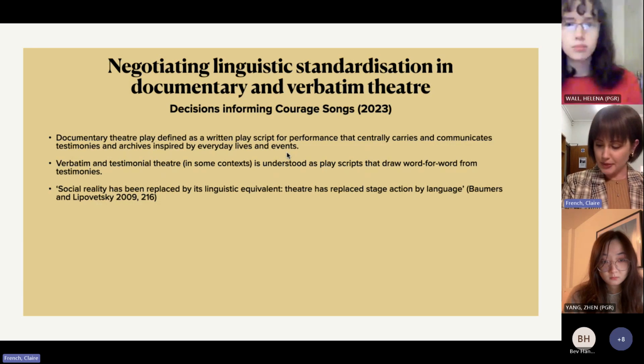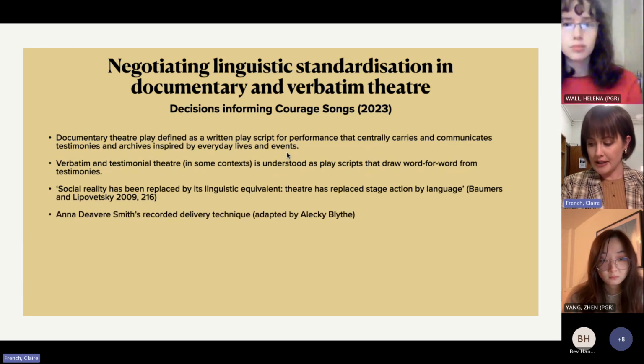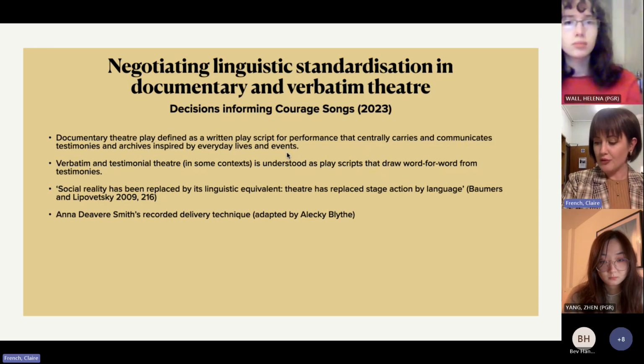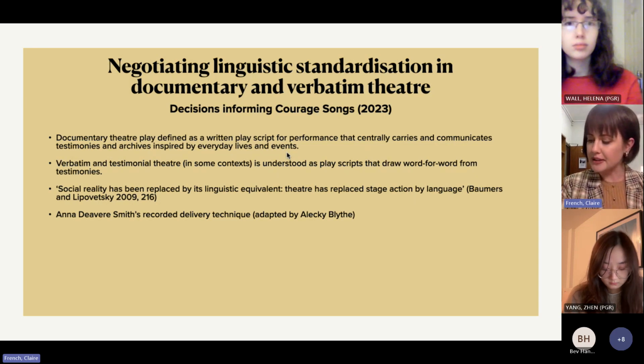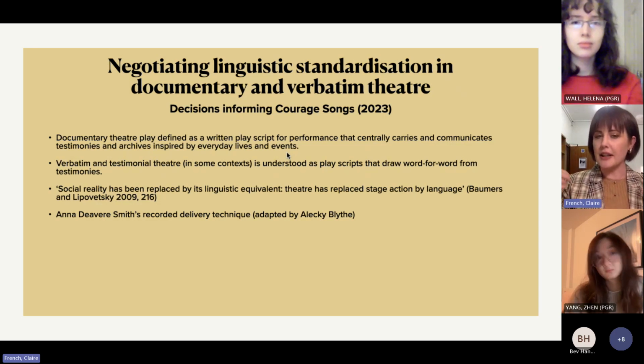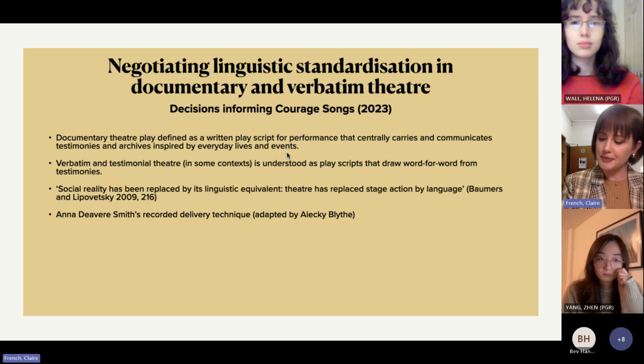An exaggerated example of this is in American performer and theatre maker Anna Deavere Smith's recorded delivery technique, later adopted by British theatre maker Alecky Blythe, whereby the interviewer transcribes the words word for word, and then the actors in their rehearsal and in the performance actually listen to the interviewee saying those words and sentences.